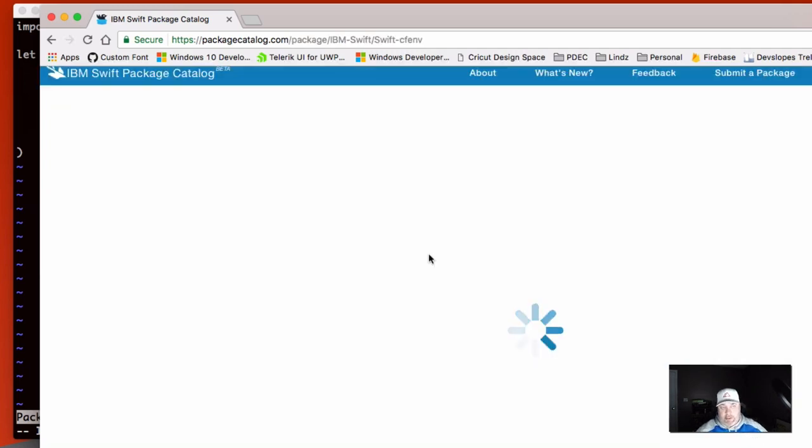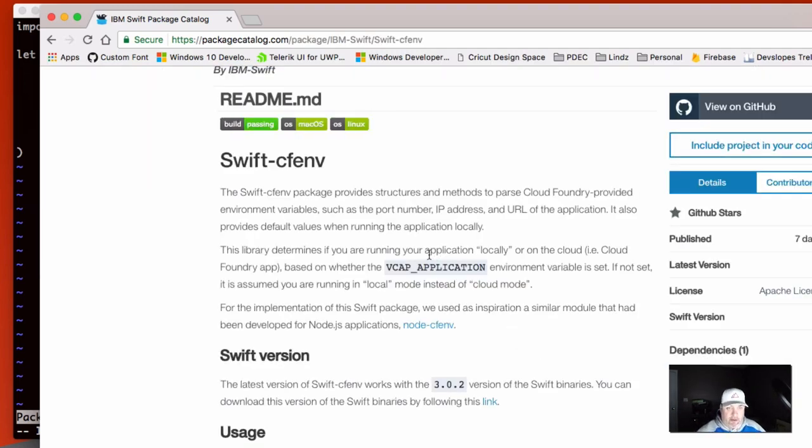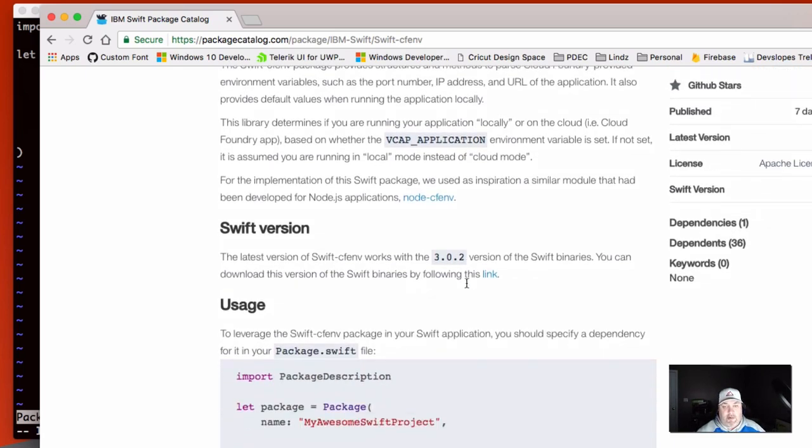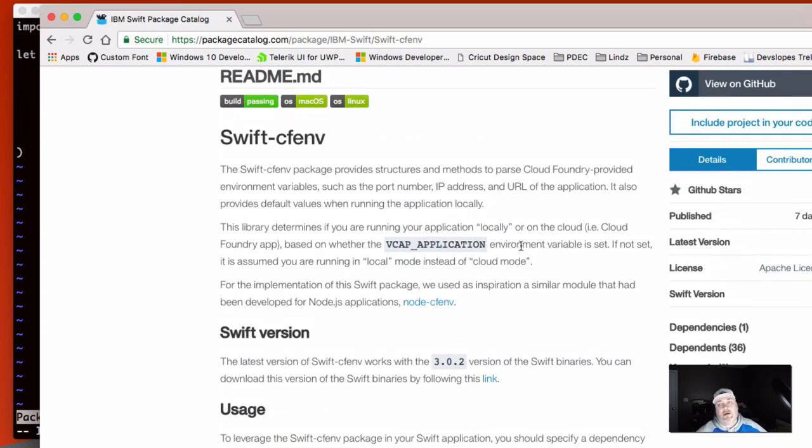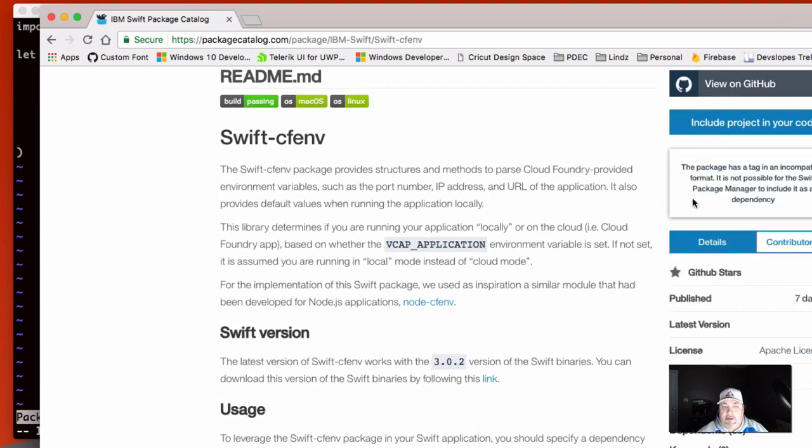And what this is going to do, it's the Cloud Foundry environment. This is a package that will let us get environment variables about our Cloud Foundry environment, which Bluemix is a Cloud Foundry